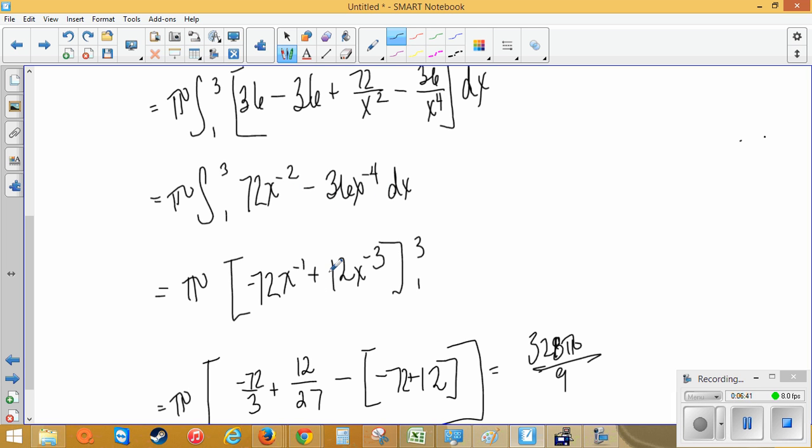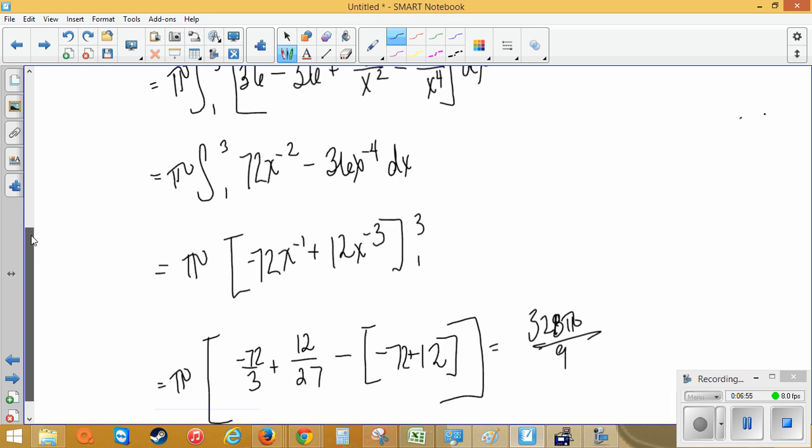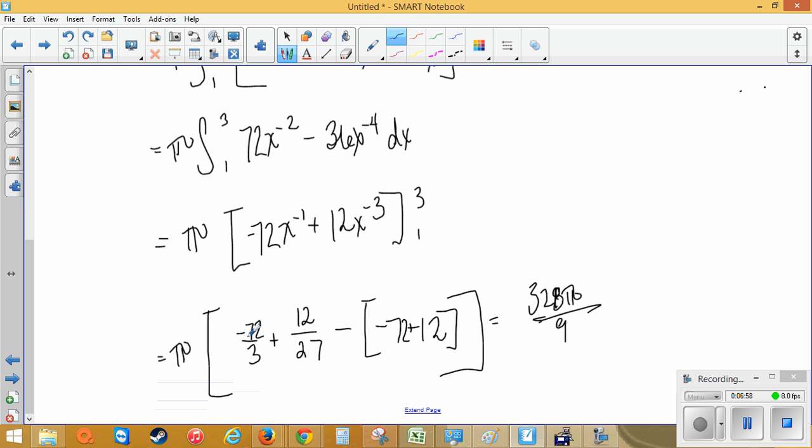This is a little bit easier to integrate. So he's going to be over a negative 1 raised to the negative 1. He'll be over a negative 3, so this is going to flip now to a positive 12 to the negative 3 from 1 to 3. And so now we plug in the 3. I get negative 72 over 3 plus the 12 over now 3 squared, so that would be 27 minus, now you get this 72 over a 1, so negative 72 minus this 12 over also a 1, and when you clean all of this up, you get a 328 pi